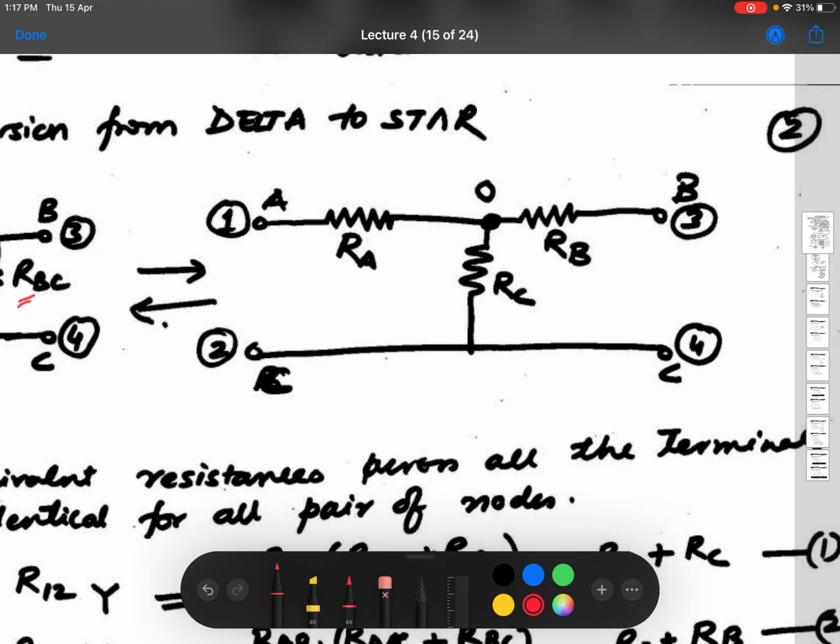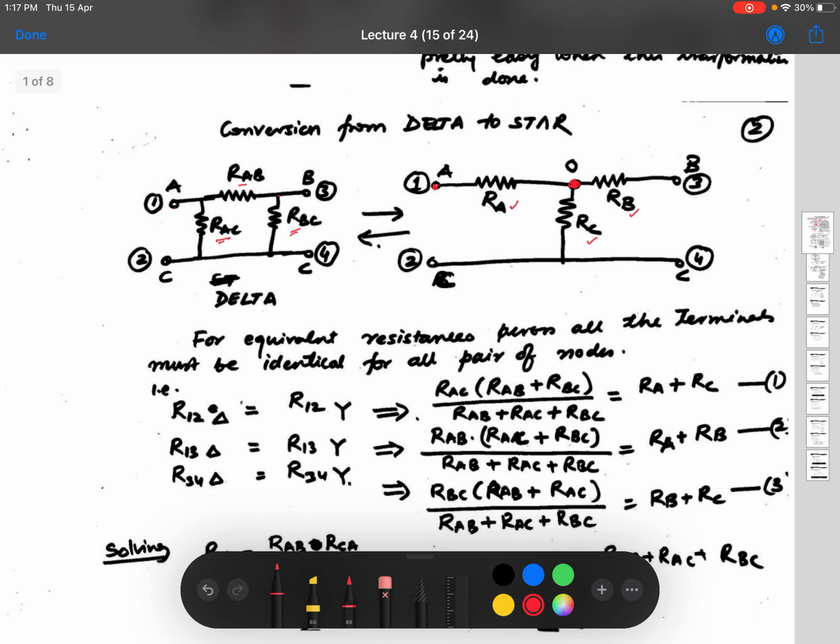And similarly, you can name the resistances in star also, but since in the star connection there is an O point, I name the resistance which is connected to point A as RA. Just see the way I am trying to name them so that there is no confusion. Because there is an O point here, this resistance is named RA, similarly RB and RC. So these are the two sets of connections for the resistances. One is in star and the other one is in delta.